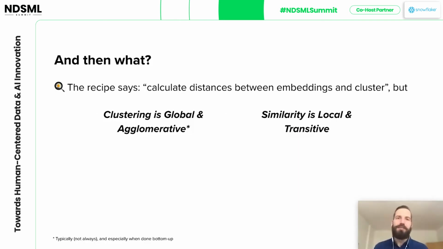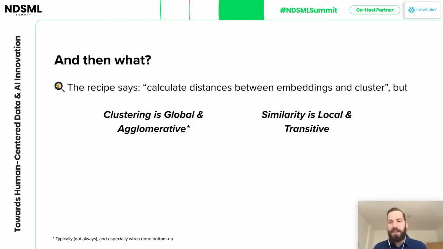So now that we have image similarity, and on top of that, the product links, well, what does the recipe say to do next? Well, take a clustering algorithm, cluster things together. But the more we tested different algorithms, we realized that there are some properties of clustering algorithms that were working kind of against us. And this is because clustering in general is global and agglomerative, and similarity is local and